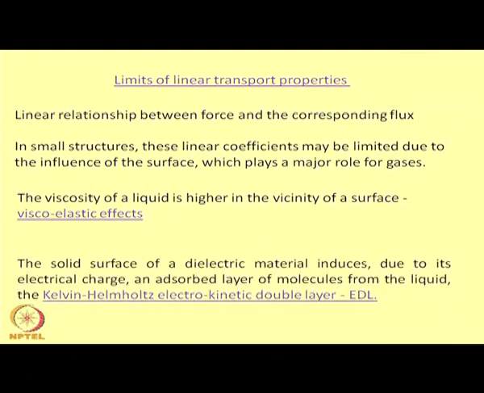Now, when we talk about flow of, let us say, a liquid in contact with a dielectric material, then the dielectric material, due to its electrical charge, will create an adsorbed layer of molecules from the liquid. So, that adsorbed layer of molecules will not move, and it is known as the Kelvin-Helmholtz electrokinetic double layer,